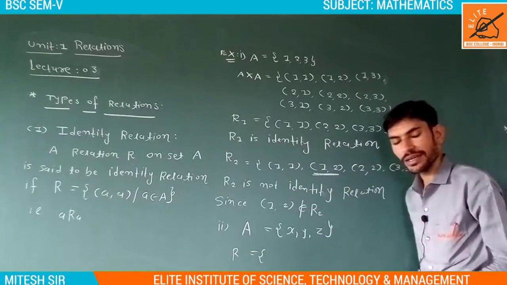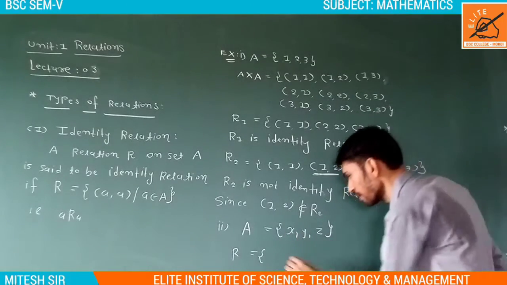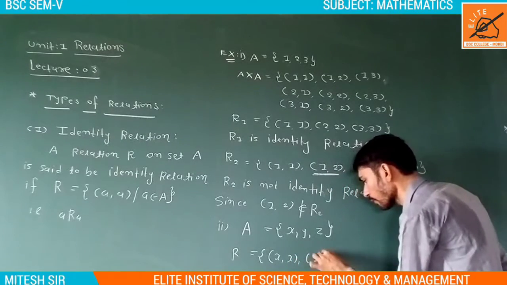તો આના માટે મિત્રો આઇડેન્ટિટી રિલેશન લખવો છે, તો આઇડેન્ટિટી રિલેશનની અંદર કઈ પેર બિલોંગ કરશે? x x, y y and z z. So now we write the pair x x, y y